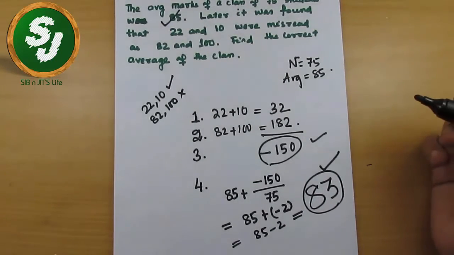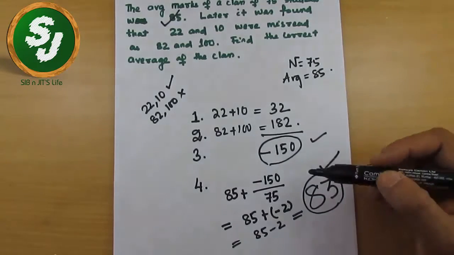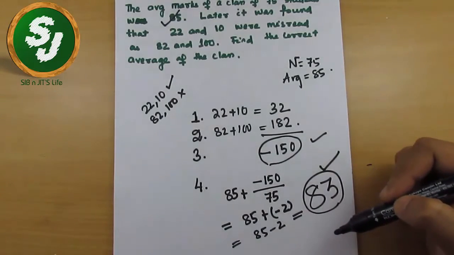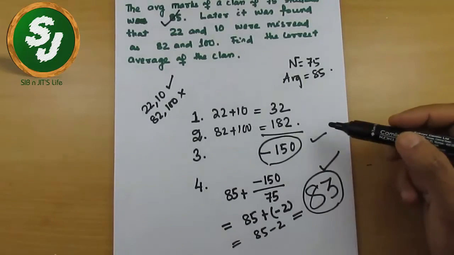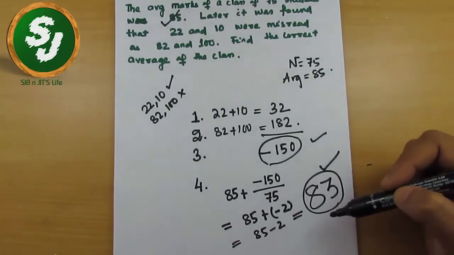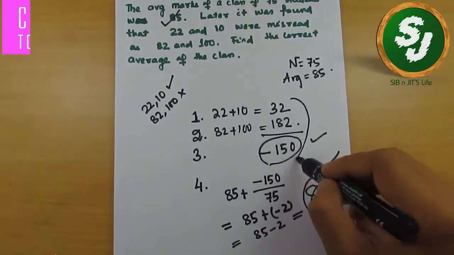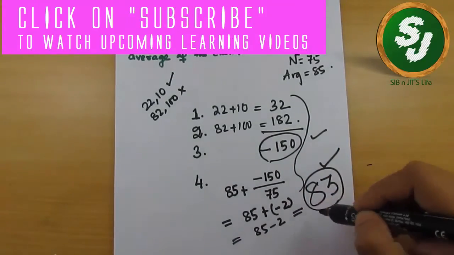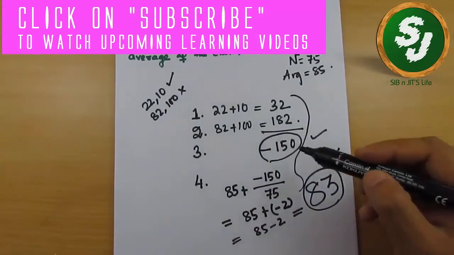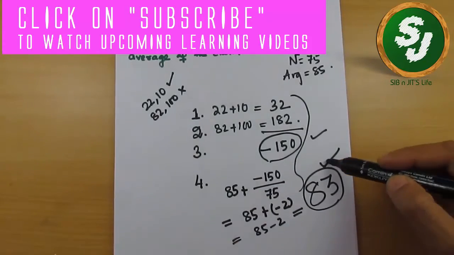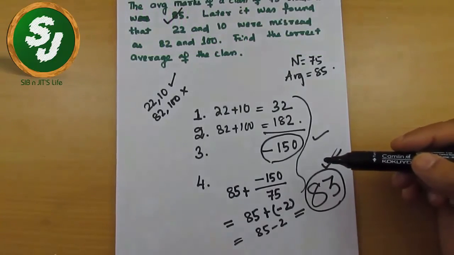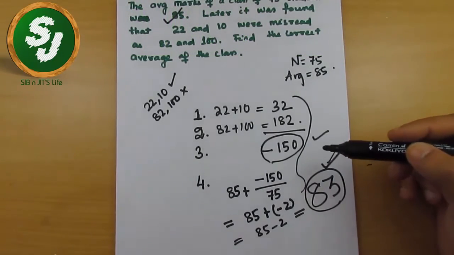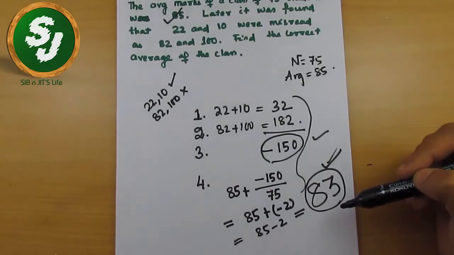Mostly in banking exams or insurance exams, they place numbers like this, which are absolutely easy to calculate if you follow the right way of writing. If you follow the wrong way of writing, it would be complicated for sure. So you should follow this writing style. As you see in this case, I didn't have to do so much work. 32, 182, minus 150, and finally 83 was calculated without any multiplications or hard work. Just place the numbers and you will get the values very easily.